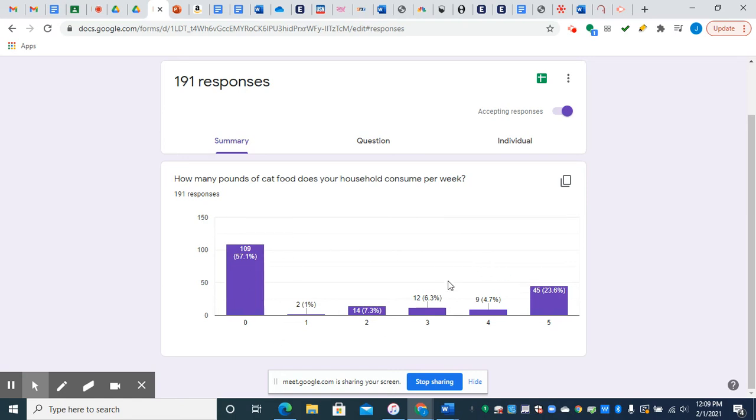But if we average all this out, I guess you could cut out the zero, but either way, if you average it out, what this comes out to is everybody gets about, what, 1.5 pounds of cat food? Which means some people are getting too much cat food and some people are getting too little, which means that you're already in a situation just with this one product that causes waste and unmet needs at the same time